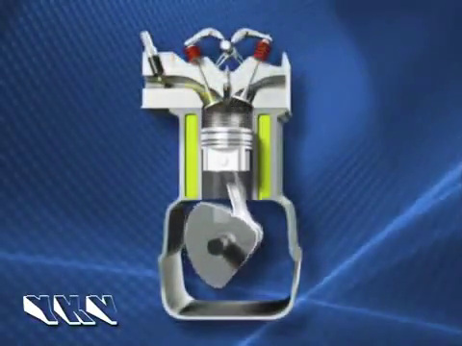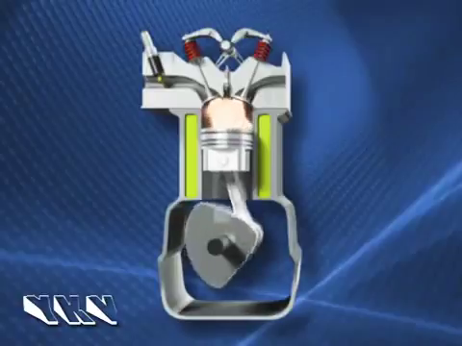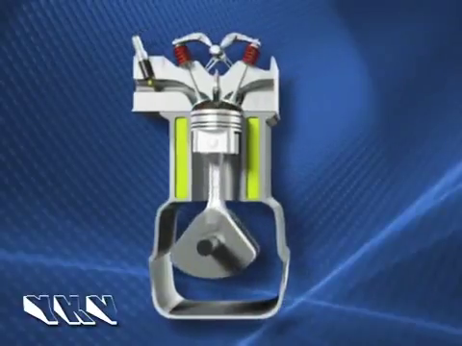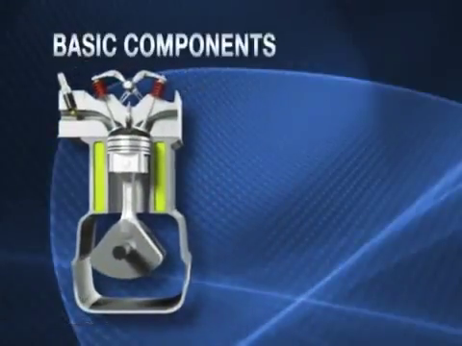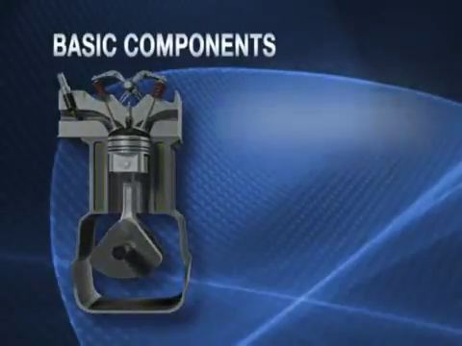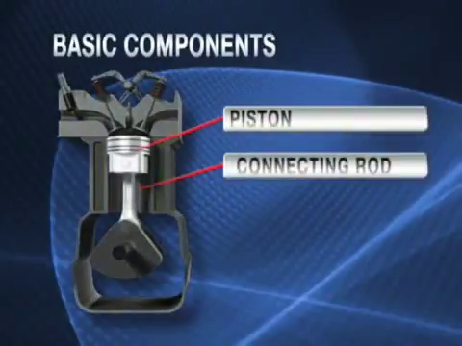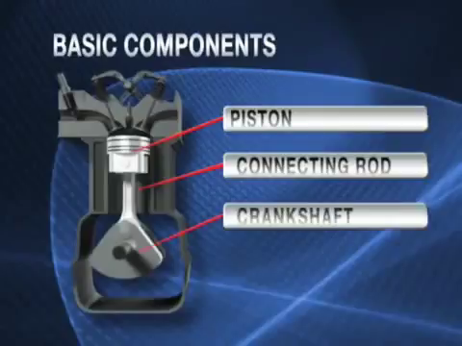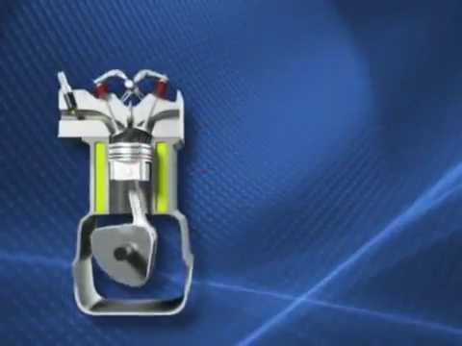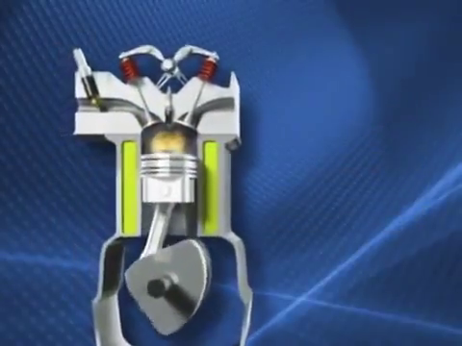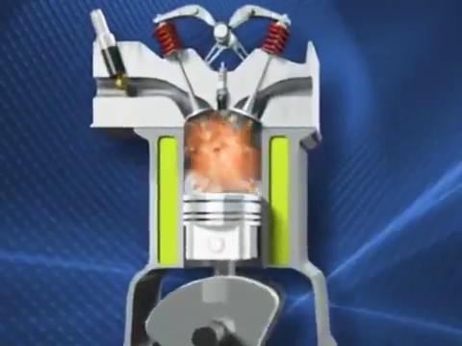A basic lesson in the fundamentals of a four-stroke EFI gas engine may be helpful to your understanding of Mercury products. Here are the basic components of every four-stroke gas engine: a piston, a connecting rod, a crankshaft. As the piston travels up and down in the cylinder, this lateral motion is turned into a rotating motion at